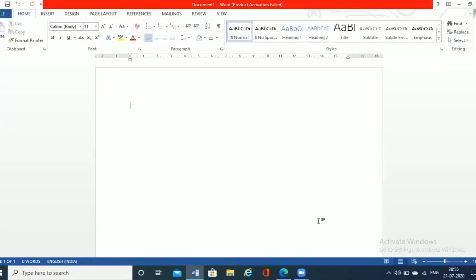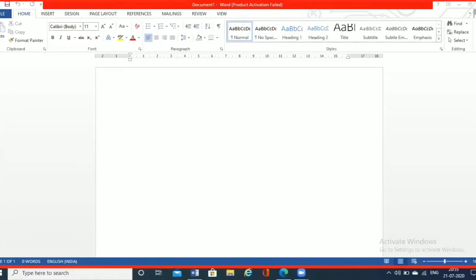This whole is the interface or the window of Microsoft Word. There are a lot of components present. It is a combination of lots of components. So we'll be talking about some of the components today. Okay, so let's move ahead.